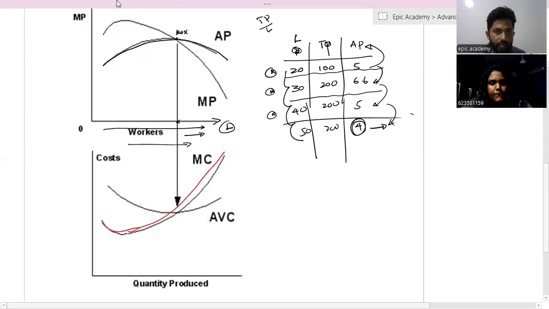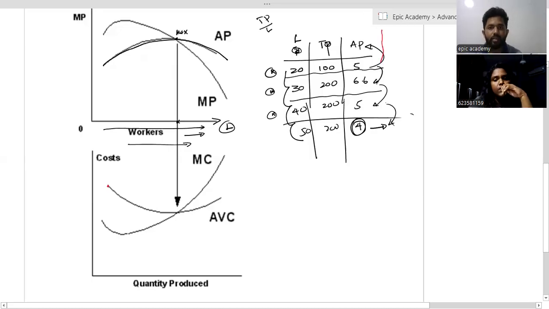Sorry, average cost. Average cost. As an example, just consider if you are going to use fewer workers in production, what happens to your cost? And what will happen to your production quantity? That is exactly equal to what happens in the average production process. It is something like a mirror